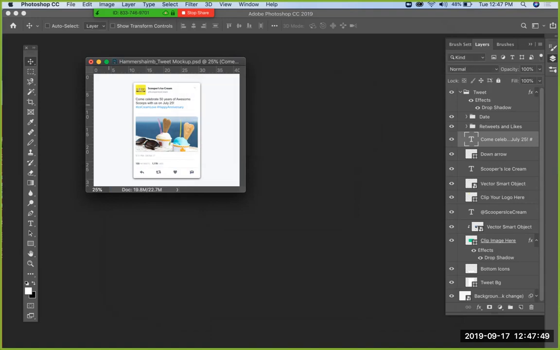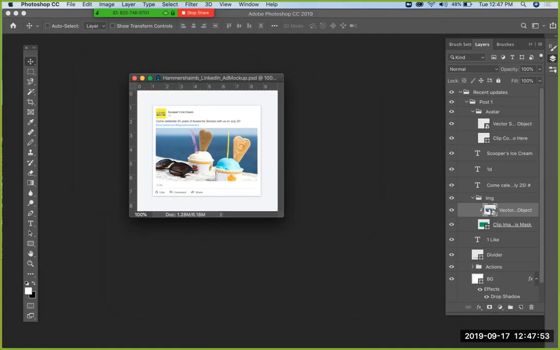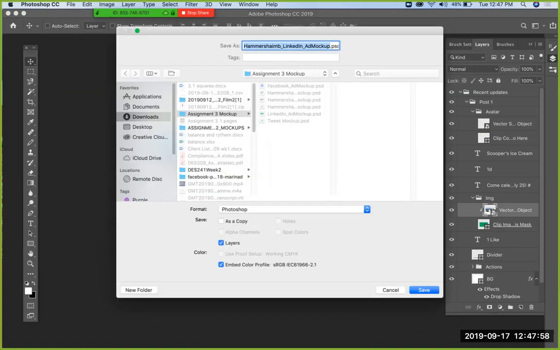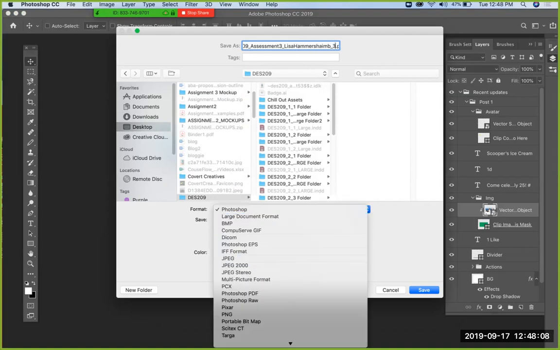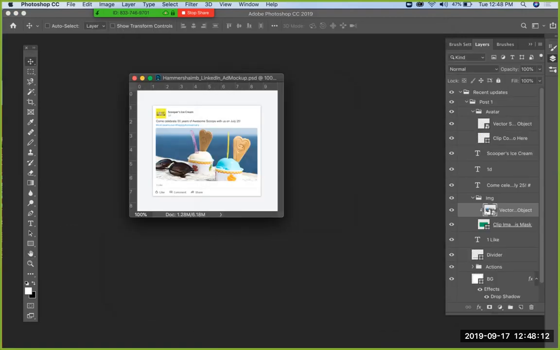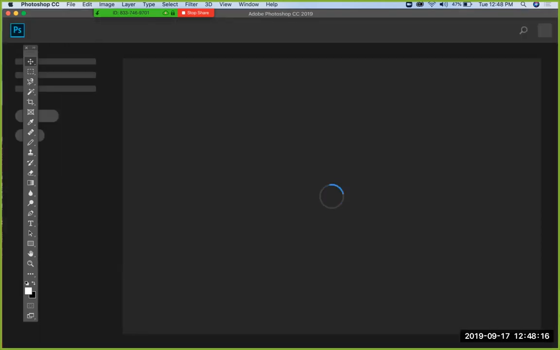So save that. And our final one, you guessed it, Save As, and DES209. And Hammershein_3. JPEG save, and OK. And very, very important, make sure you are saving your PSD as well, just in case